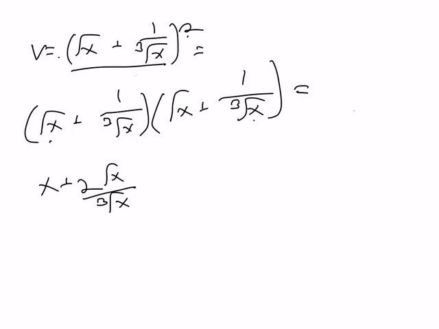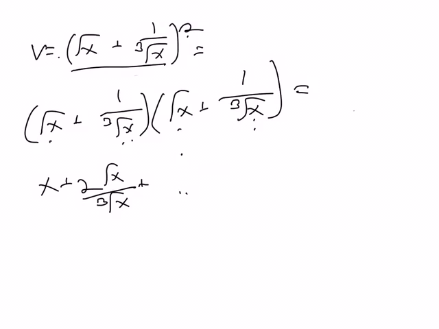This times that is one of those, and that times that is the second one, okay, plus, and then this times that gives me 1 over